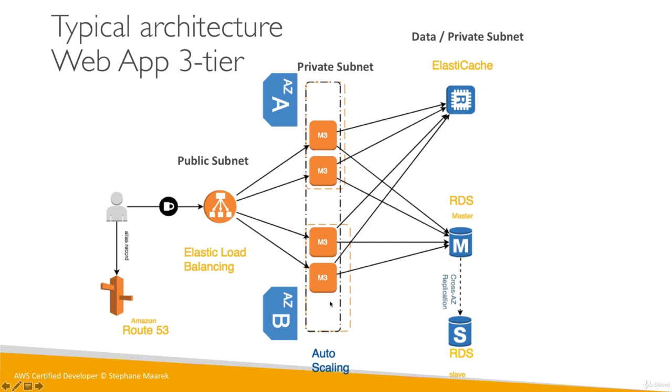And the auto-scaling group, because we need it to be highly available, is going to be split between, for example, 2 AZs, AZ-A and AZ-B. And the auto-scaling group basically spins up EC2 instances. In our case, these are M3 instances in EC2, and we have 4 of them, 2 in each AZ. And the Elastic Load Balancer basically spreads out the load onto each of them. But these instances obviously can be added as scale out or removed as scale in, and that really allows our ASG to respond to high traffic or low traffic.